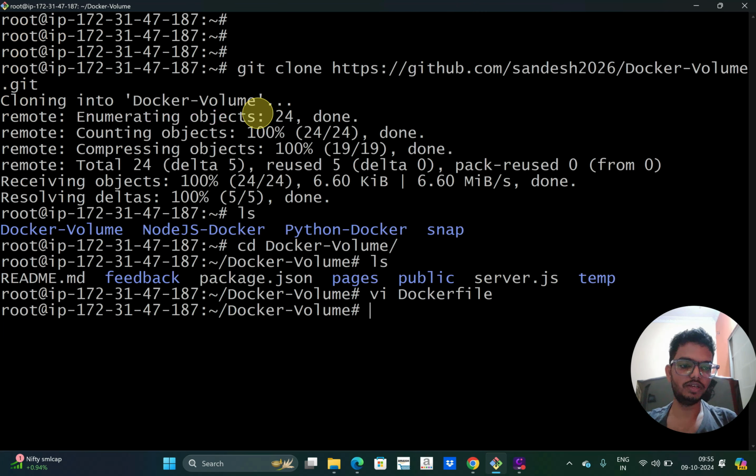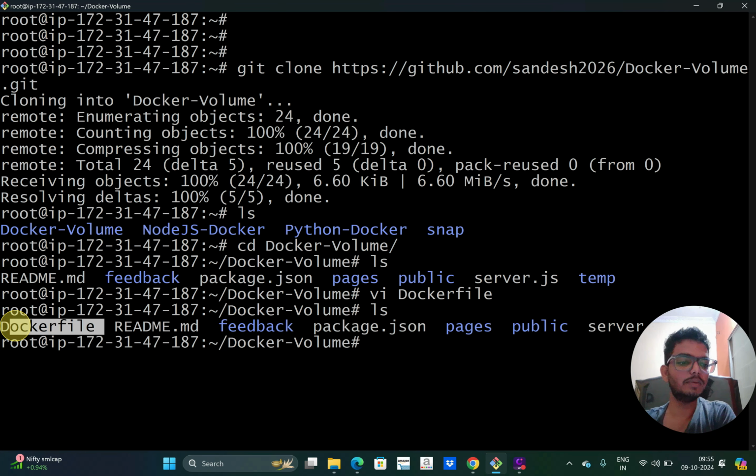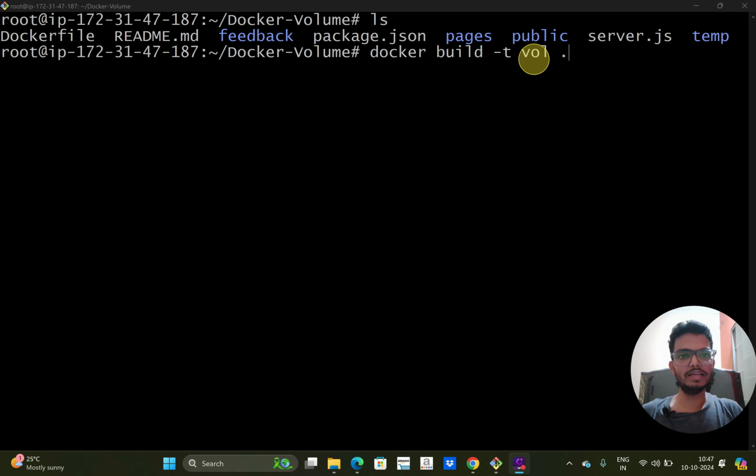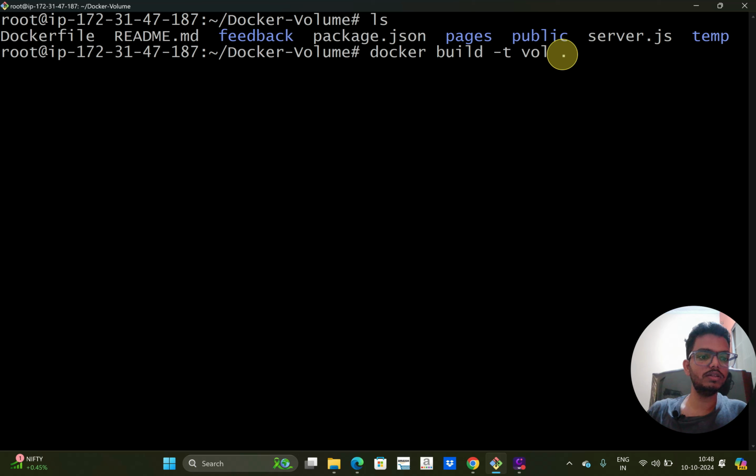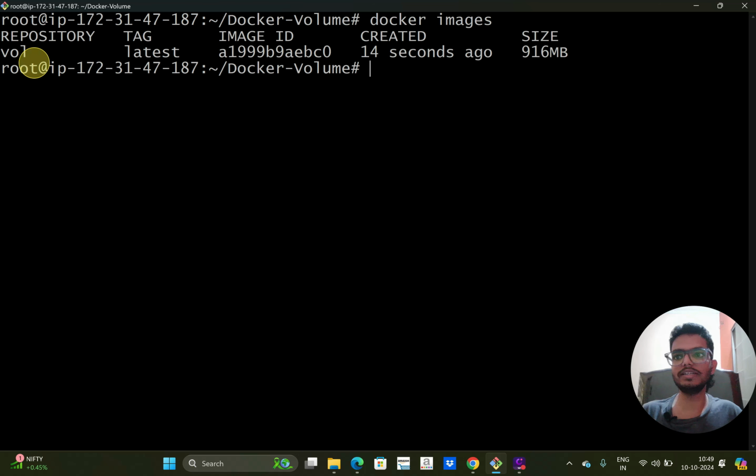Now let's save this file. Now Dockerfile is created. It is in the same directory as source code. Now let's create an image from that particular Dockerfile. I'm going to run docker build and I'm going to tag it as wall, and Dockerfile is in the same directory. That's why I'm giving it as dot here. Let's run this. Now it created a new image.